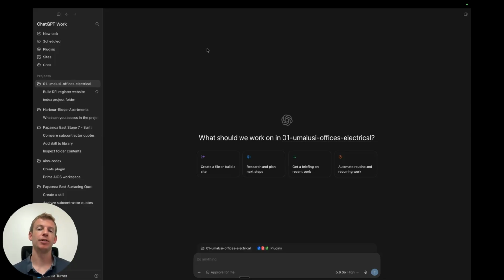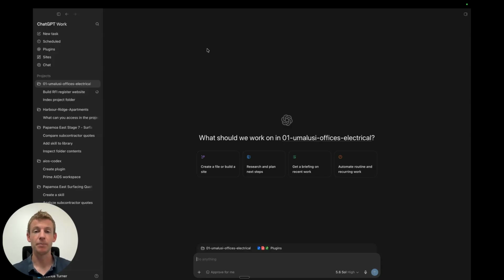Okay, now let's move on to ChatGPT Work. And this is the bit that is really exciting for construction because now we can finally have ChatGPT Work inside of our folders without having to go to Codex. And what ChatGPT Work really is, is a harness that is much easier, more friendly to use than that of Codex. So it essentially gives you access to what Codex can do, but through the interface of Work,